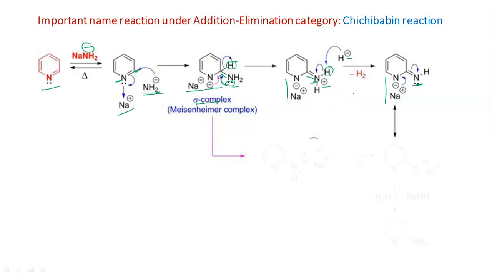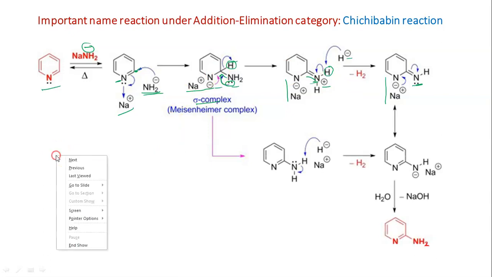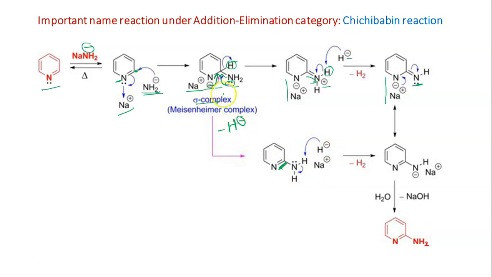Now if we follow the pink colored arrow, there is another pathway that is possible. So in the pink colored arrow, this negative charge is now pushed into the ring, and there is a CN double bond. CN double bond here, and H minus is also generated in this mechanism, and this H minus is capturing one of the hydrogens. So now there will be a negative charge over this nitrogen, and Na plus is the counter ion. So this structure you can also get from this.